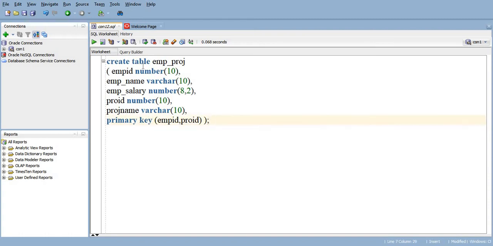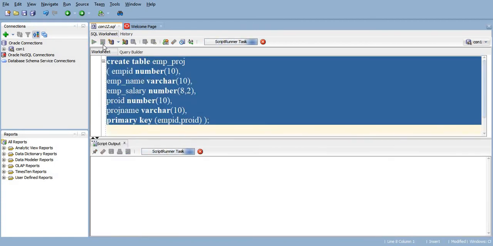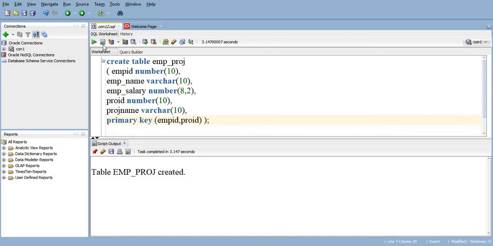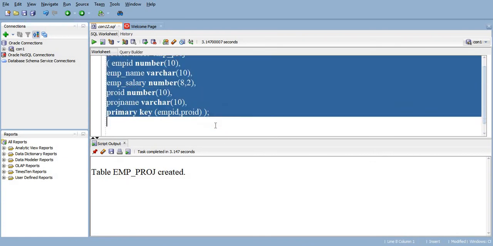So let us see how it behaves. It will create this table for us. Now let us see how we can enter the data there and what type of data it will take.